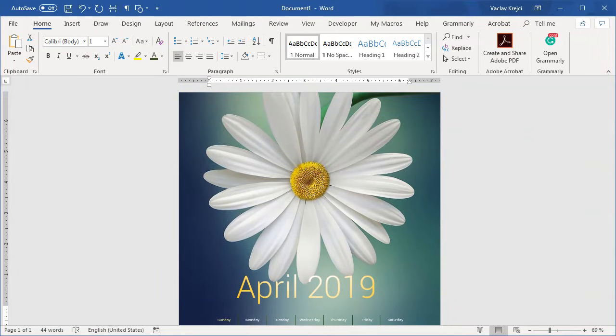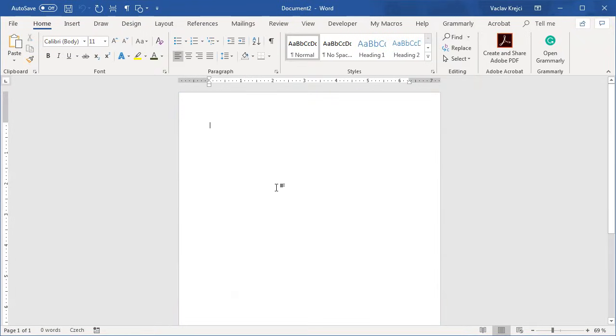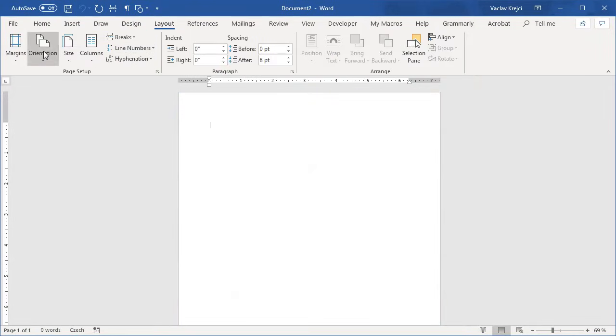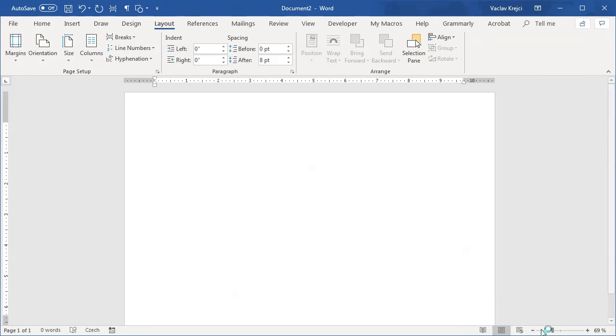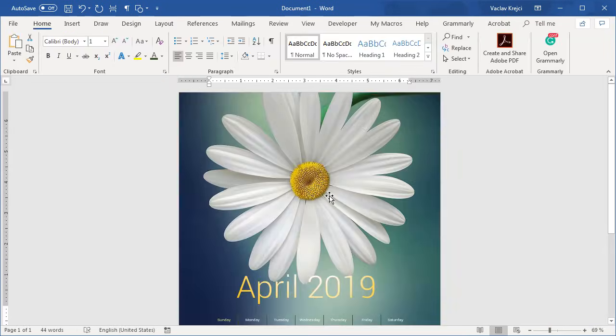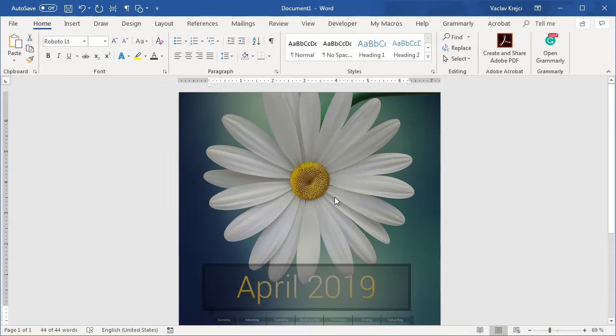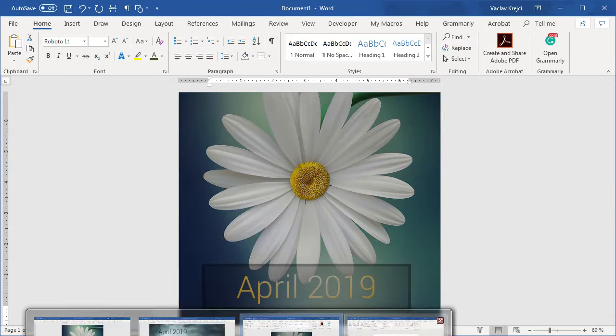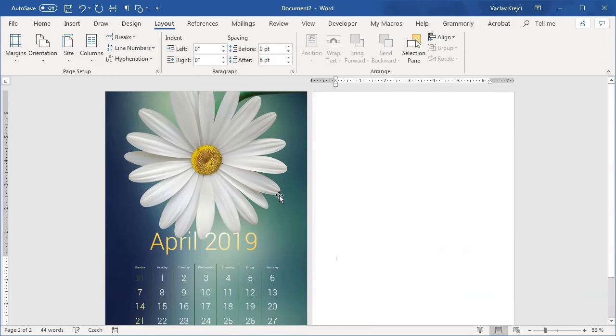So I will create a new document, and in this new document I will set the layout to be landscape, which will probably not work very well, because what I will do now is select everything holding Control A, Control C to copy this to the clipboard, and I will just paste it. And you can see that it immediately changes layout to portrait,